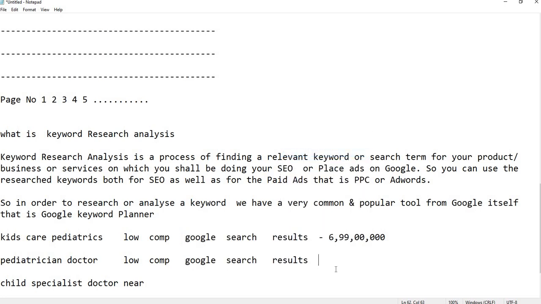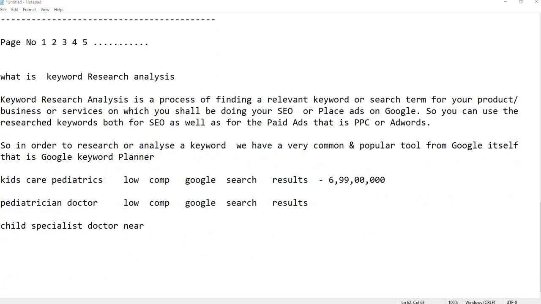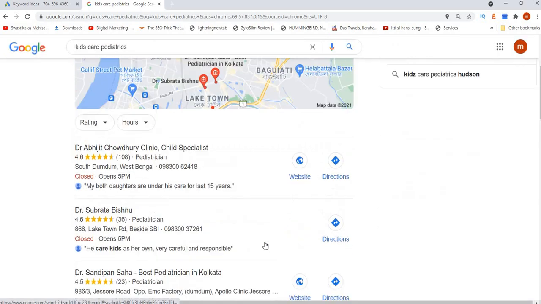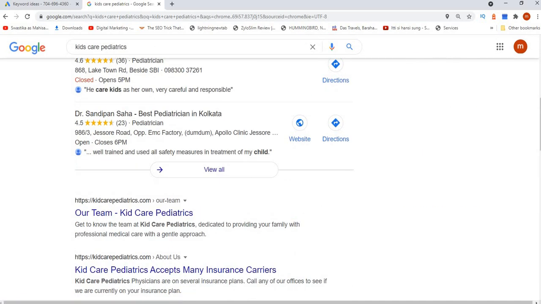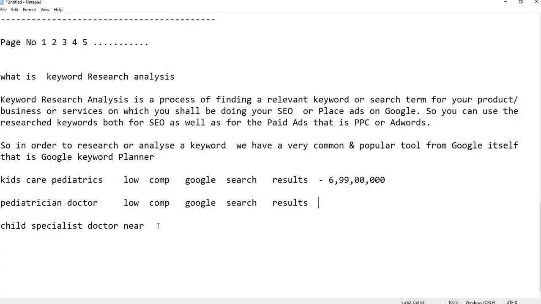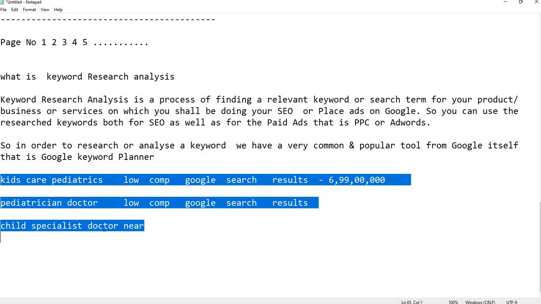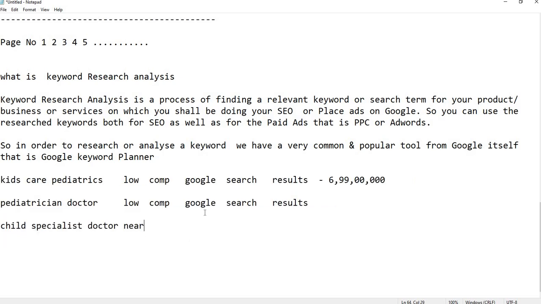So like this you have to analyze the keyword. This is the thumb rule. Once we put all this keyword related information in Excel, the report will be called the keyword analysis report. That report we will send you as an attachment on WhatsApp.